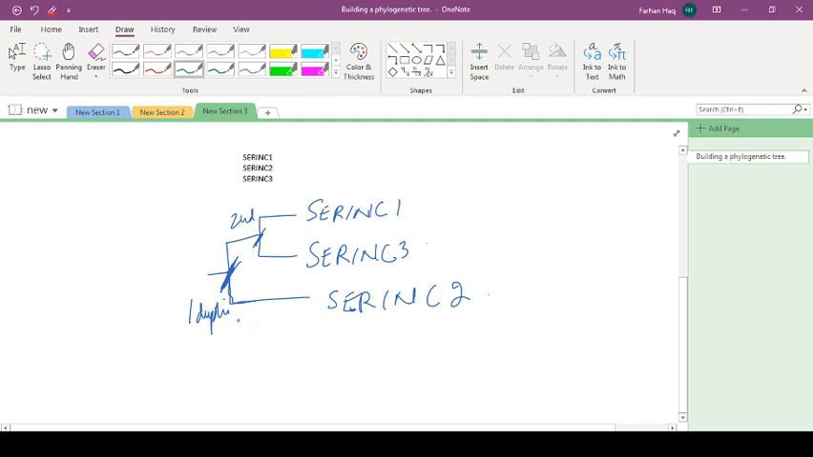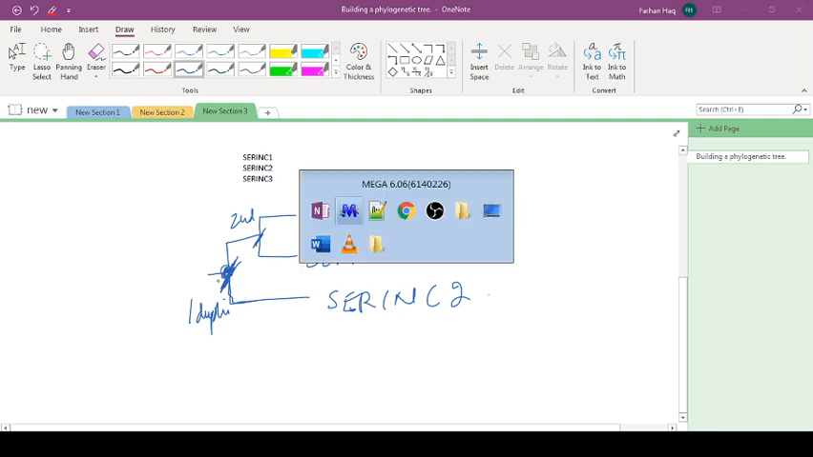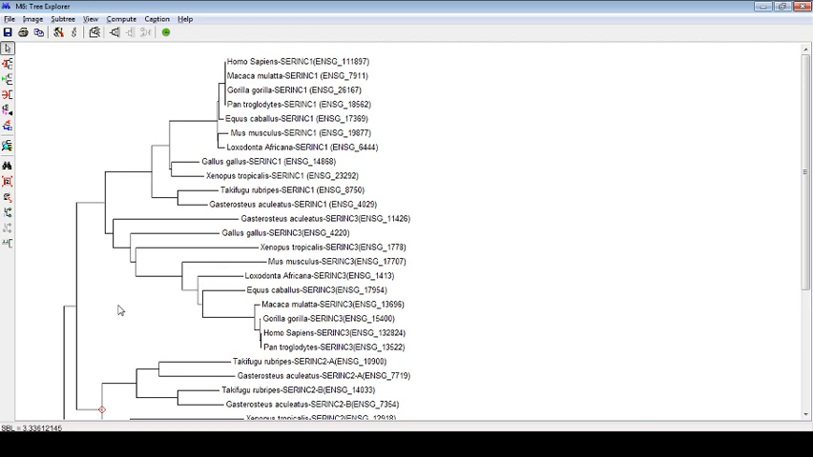But where is this time point in the tree? I'll explain to make it more clear to you. This is the time point here. Yeah, this is a time point where the serine 2a makes another